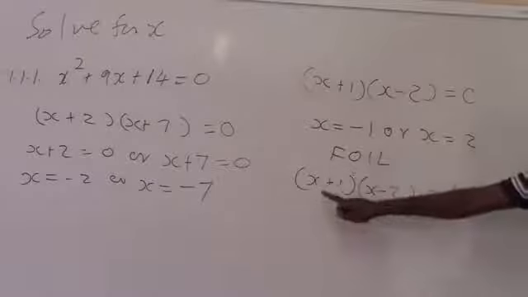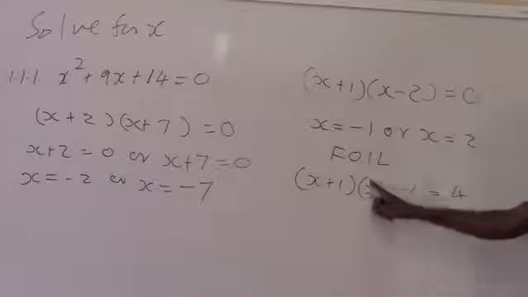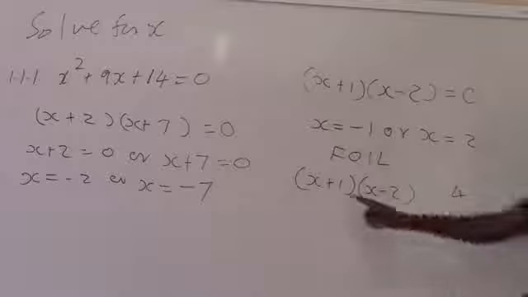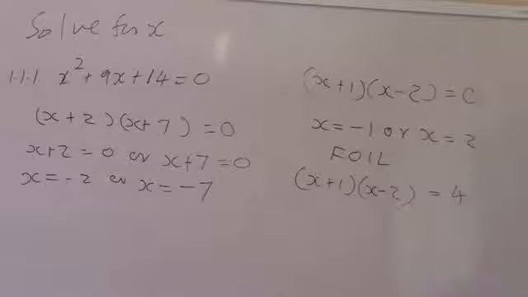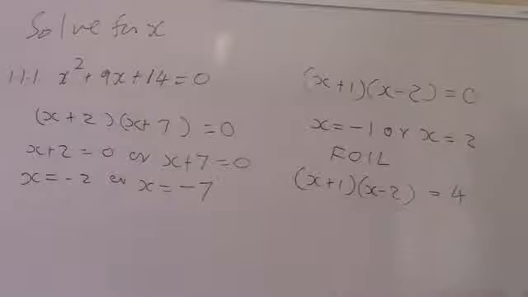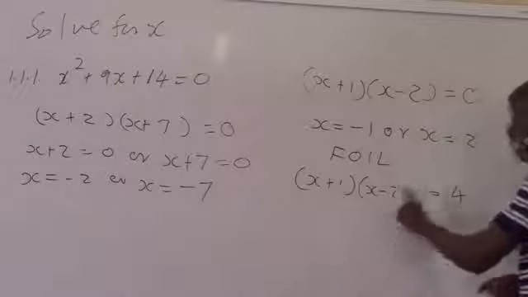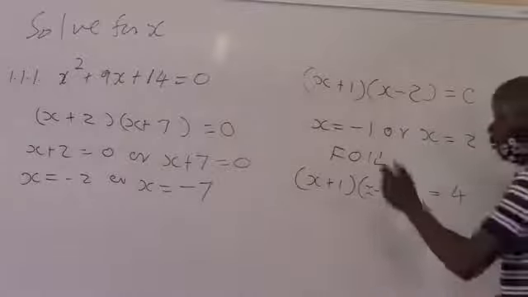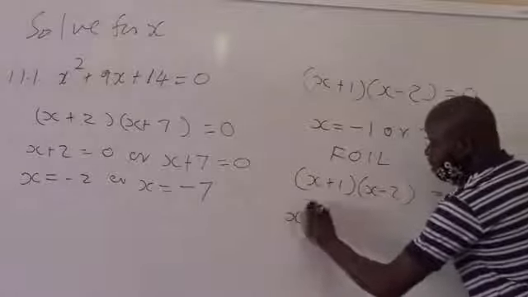FOIL: F for first, meaning the first term in the first bracket and the first term in the second bracket. O for outer terms, the outer in the first and the outer in the second, whereby we are talking about the x and the -2. And then the I for inner, the inner in the first bracket and the inner in the second bracket, which is 1 and x. And then the last ones, the last in the first bracket and the last in the second bracket. So what we do is we say x times x, it will give us x